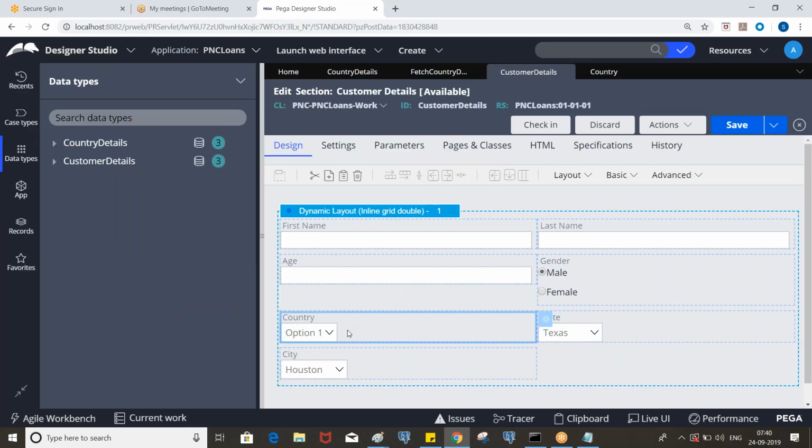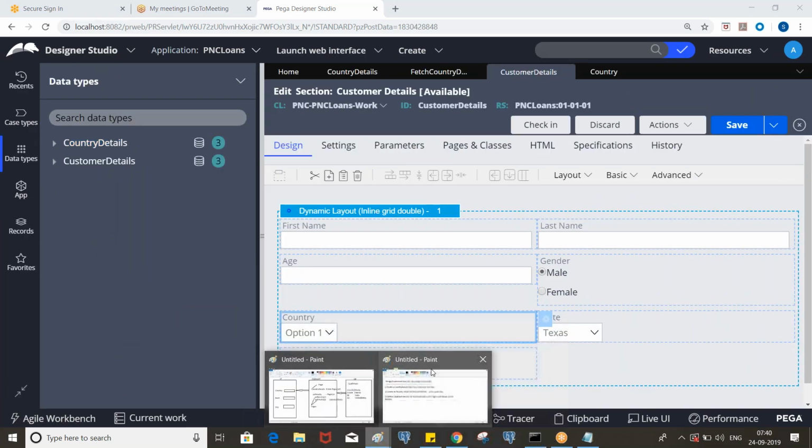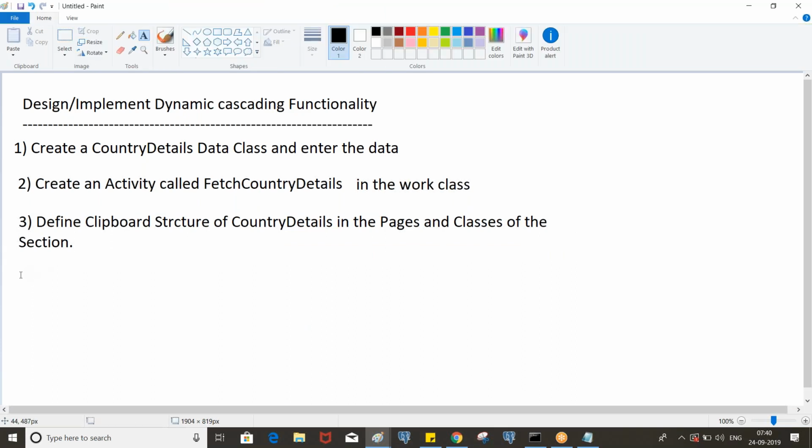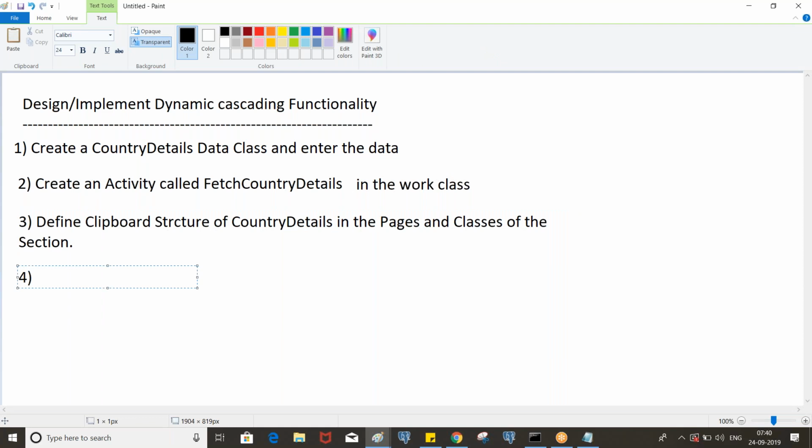Go to the data type. The next step is, after this, go to the cell properties of the country property and call the activity.